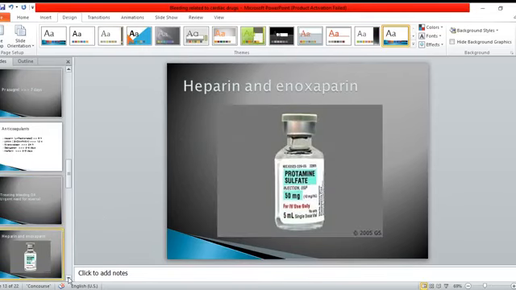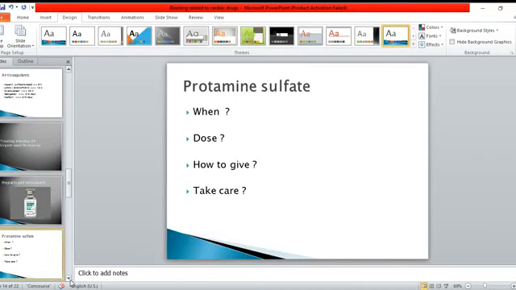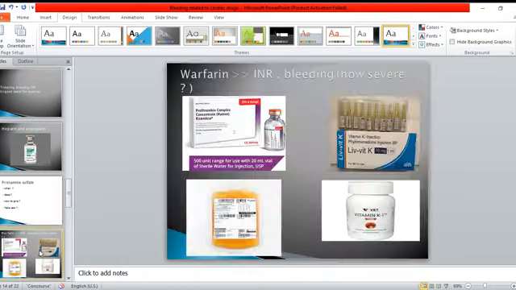For heparin and low molecular weight heparin, we can use protamine sulphate, never to give as an IV push. It's given as an infusion, 50 milligrams at most over 10 minutes, and the dose is dependent on the duration of the last dose. For heparin, the categories are below 30 minutes, 30 minutes to 2 hours, and more than 2 hours. Below 30 minutes, we give the full dose, 1 milligram for each 100 units. 30 minutes to 2 hours, we give half the dose, and after 2 hours, we give only 1/4 of this dose.